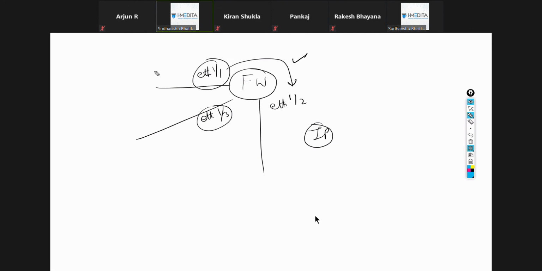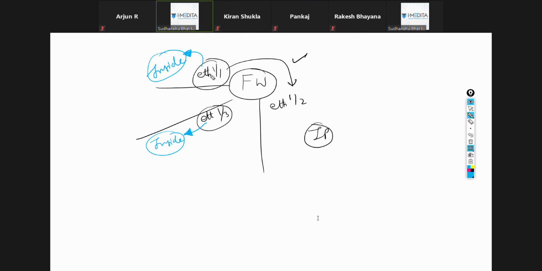Suppose we label this interface as inside zone, then we can also label this interface as inside zone if we want similar kind of policies for both these interfaces.